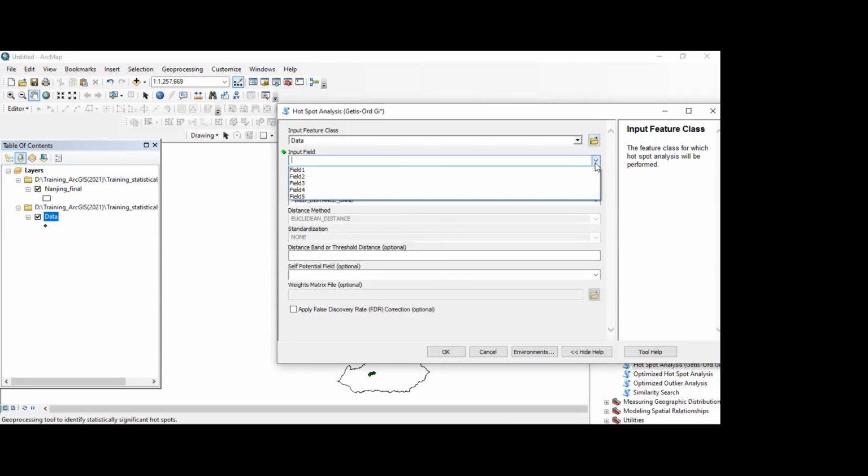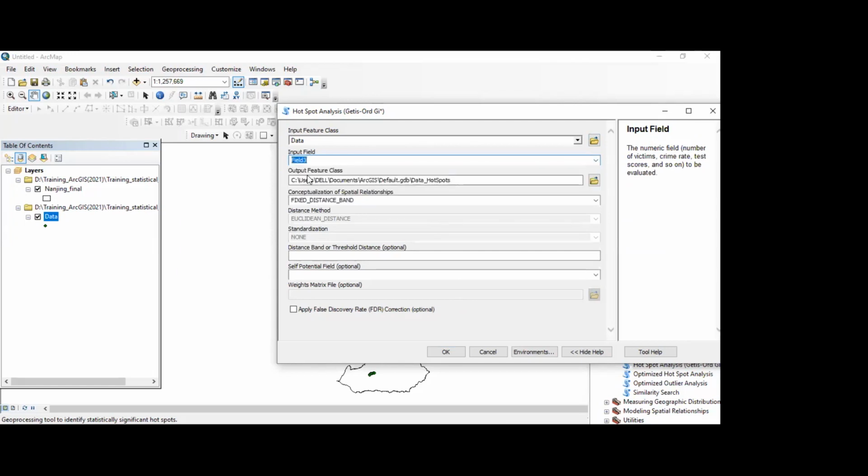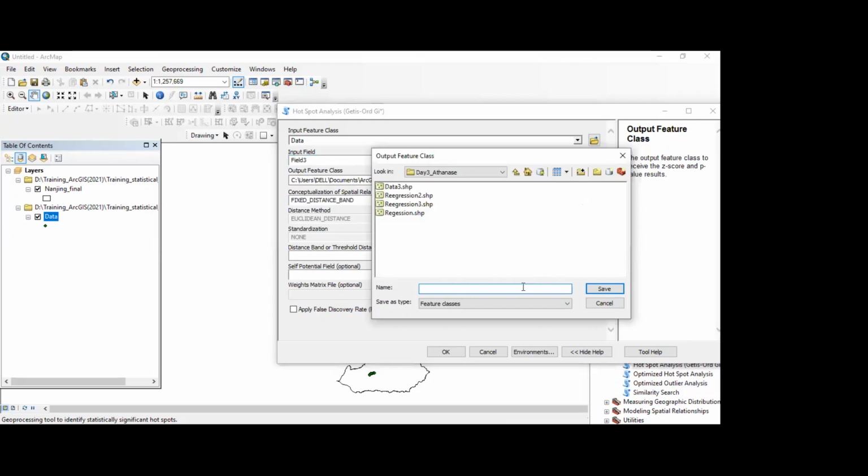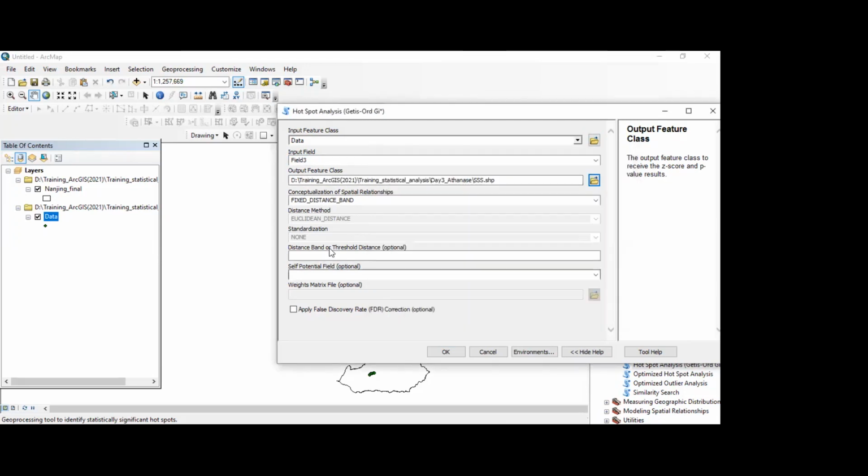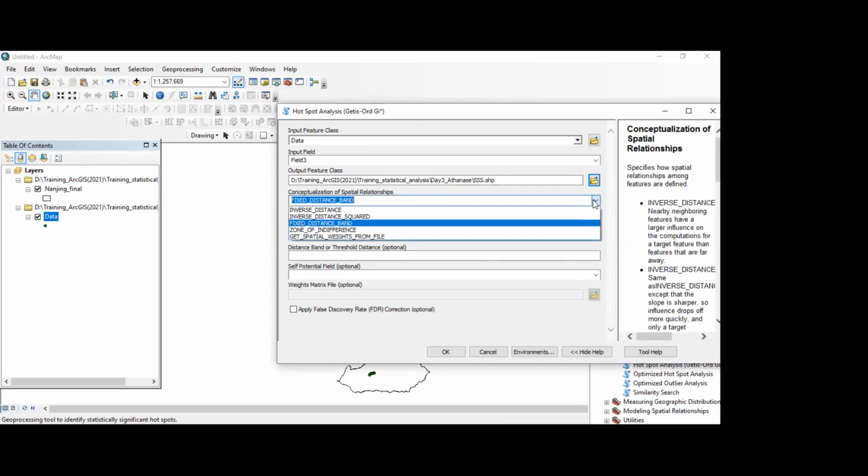So now the concern is the fee-free, but actually this is about taxis. No problem. You have to save it somewhere in your working directory. You can save it with any name. And then here we have some methods about conceptualization of spatial relationships, where some